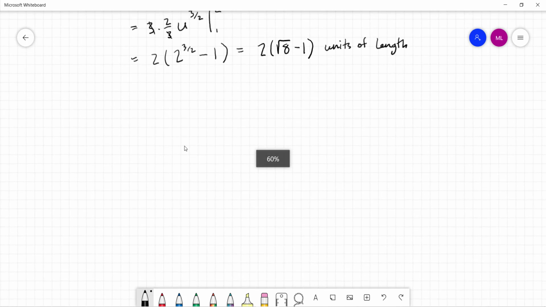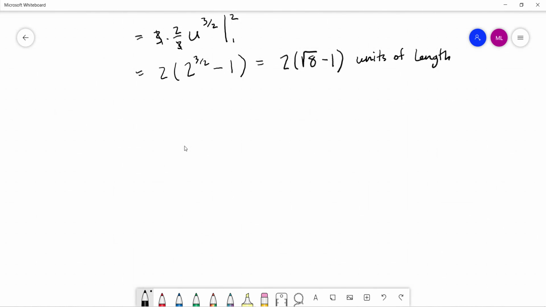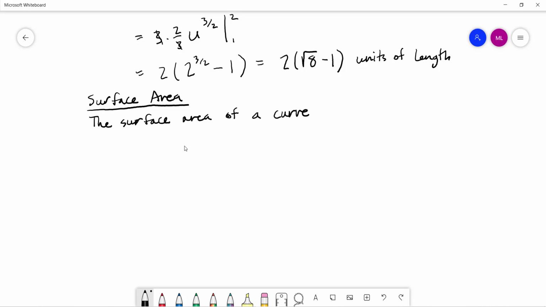So let's do surface area: the surface area of a curve C, again, rotated about some axis. So in this case, if it was about the x-axis, for example,